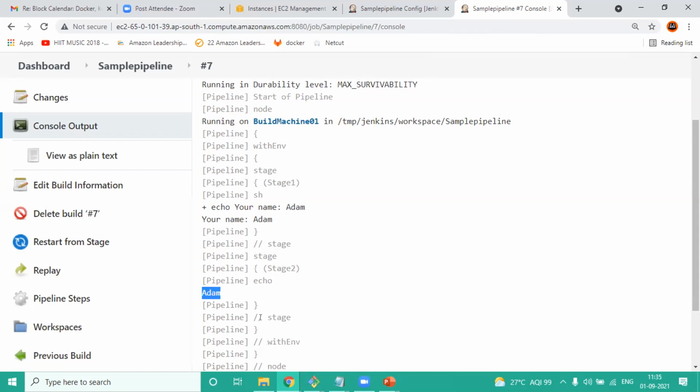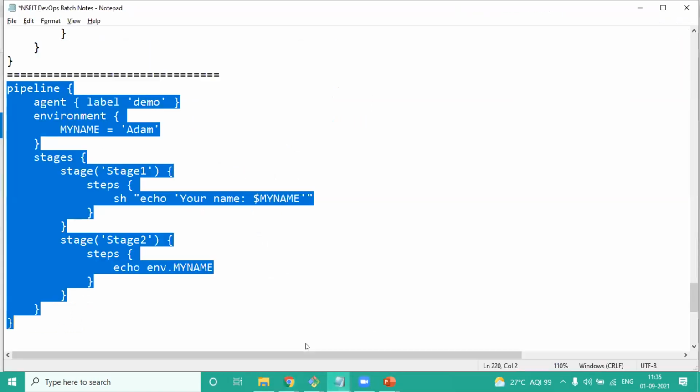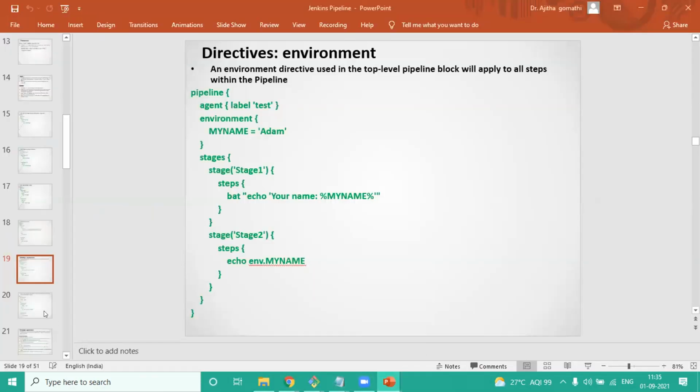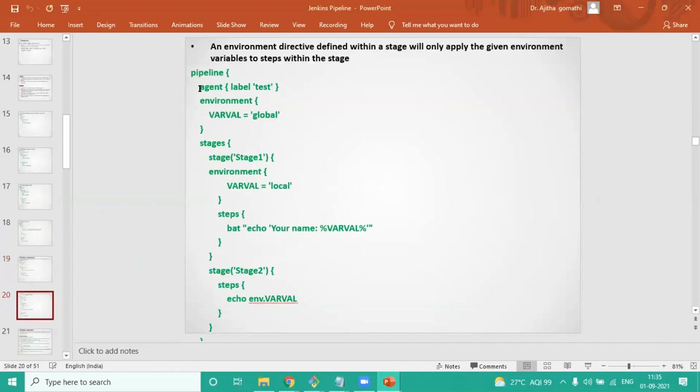Okay, this is where you're going to define a variable using an environment block. Now, what if you want to give a variable or an environment variable specific to a stage? Then you're going to give the same block inside the stage. To understand that, let me take another example. And what we will do now here is